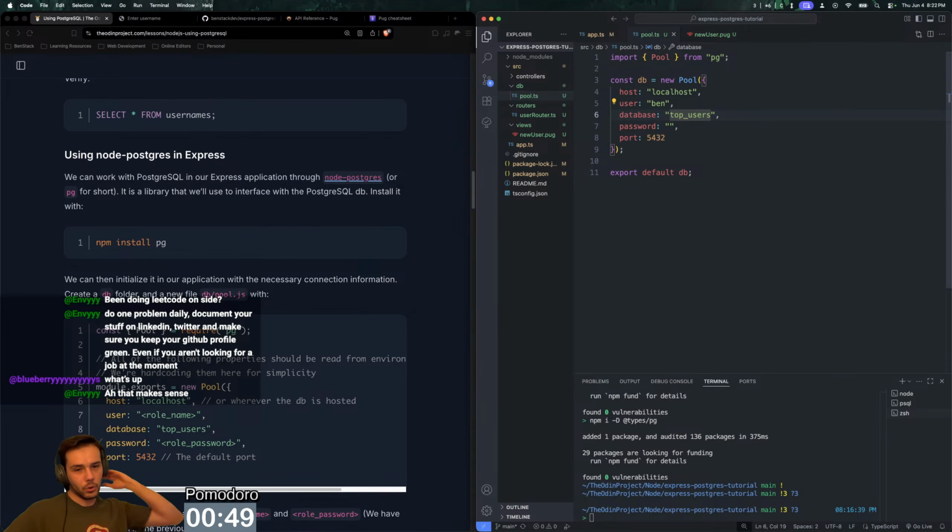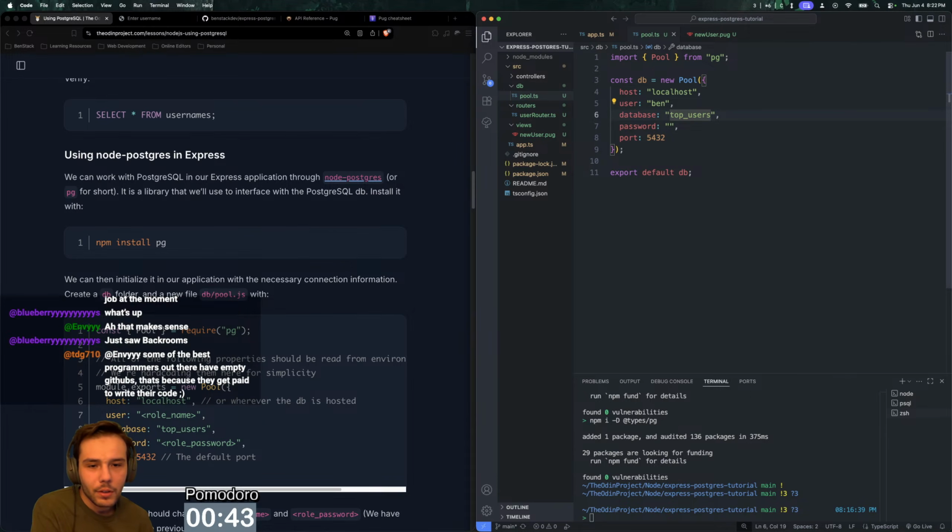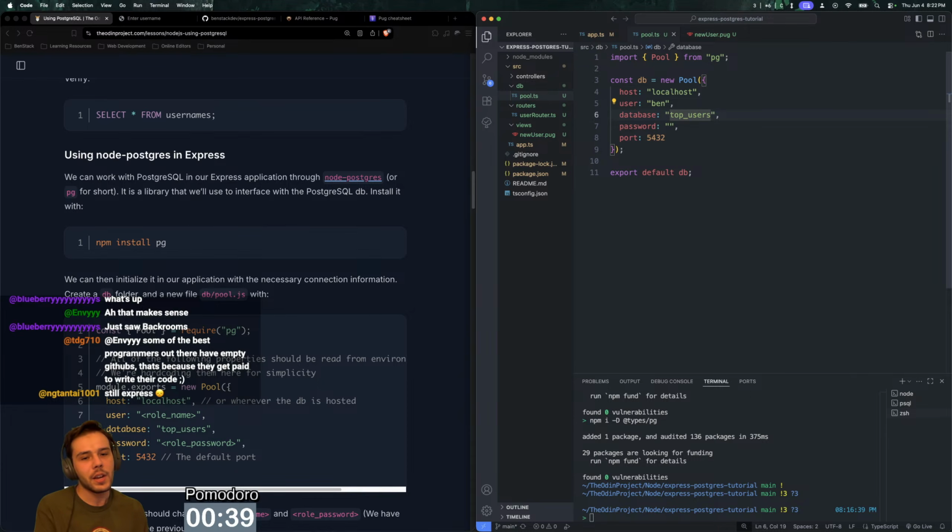Just saw Backrooms, dude. I saw it on Tuesday night. It's awesome. I loved it. That's because they get paid to write their code. Yeah. No, I think